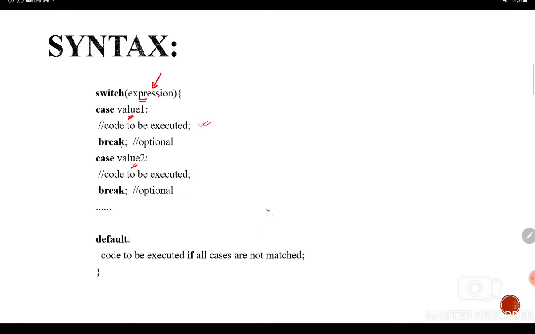Now case value 2 is the second expression value. Here another block would be executed, and again a break statement is there. Finally, there is the default statement: if it does not match any of the cases, then the default would be executed.